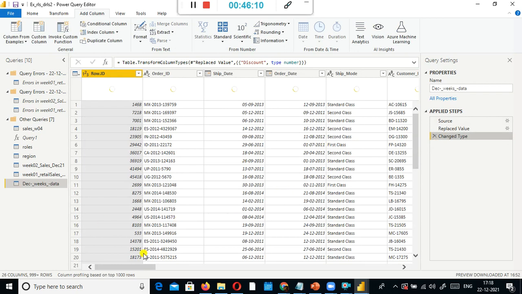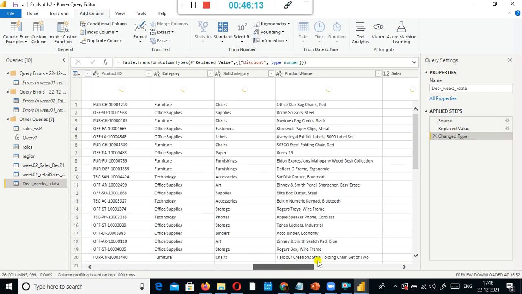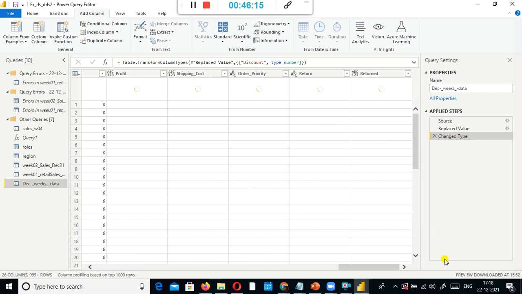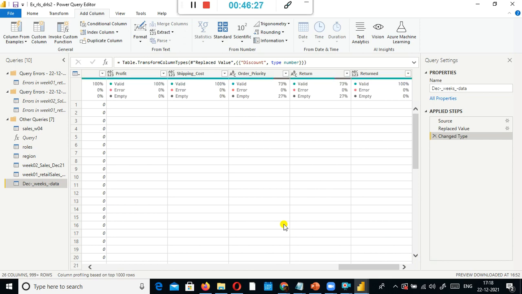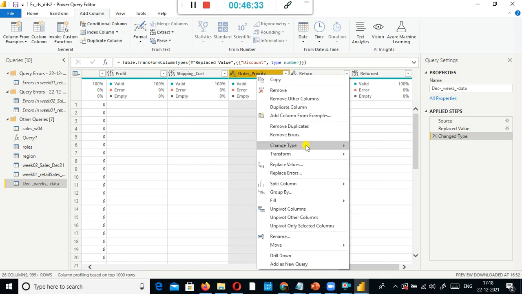Look here, I will show you how to deal with this programmatically. For example, here order priority, right click, and what I do is replace values.